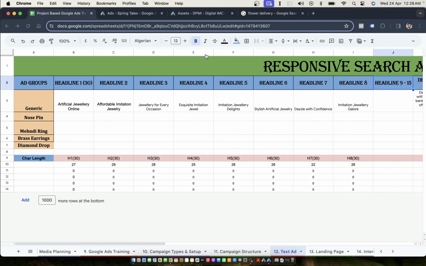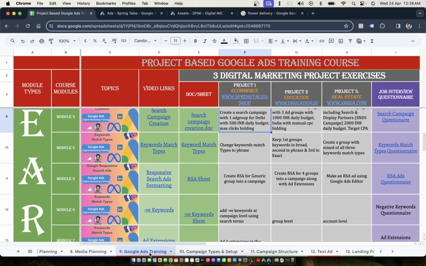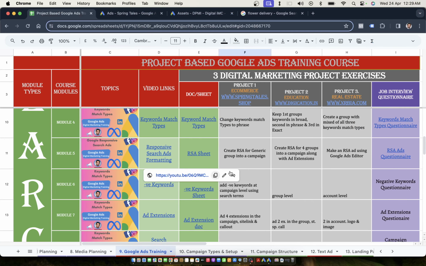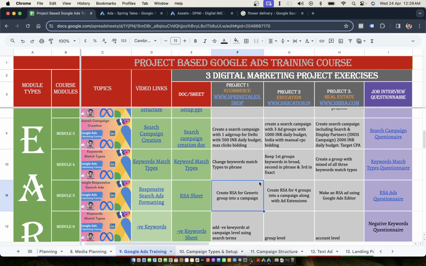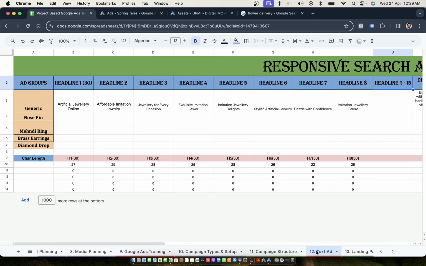Now, people who have opted for this course, I want them to get back into this Google Ads training sheet. And there, I want you to start completing these three exercises, starting with creating a responsive search ad for a generic group in a campaign. So first of all, you just make an RSA ad using the sheet which I have shared with you. This sheet is available at sheet number 12, which is text ad. I want you to make no spin, mehendi ring, brass earring, and drop, diamond drop ad copies one by one